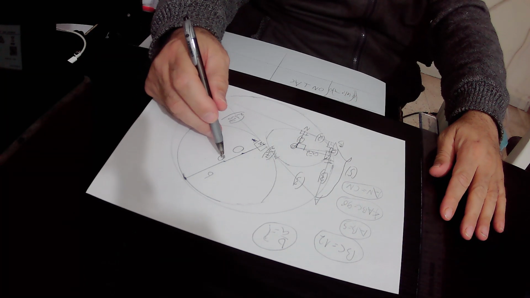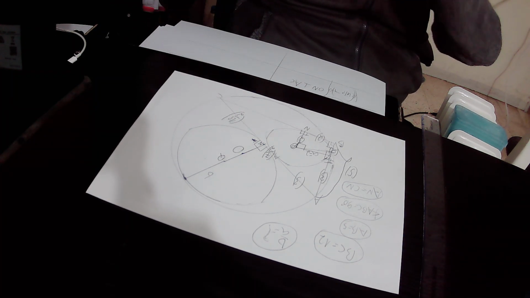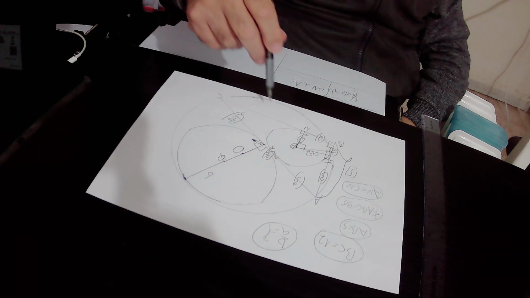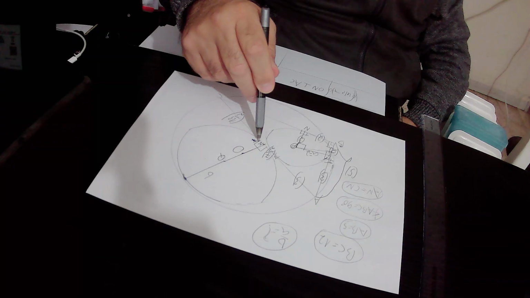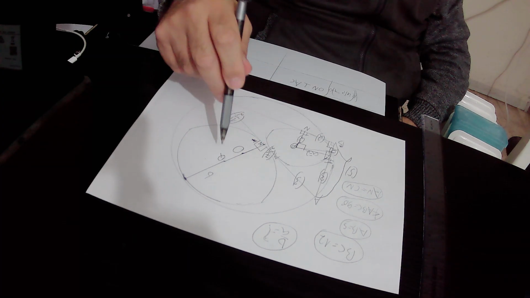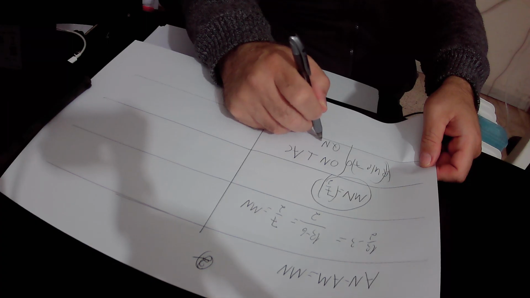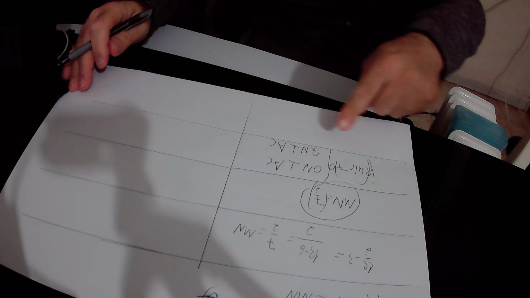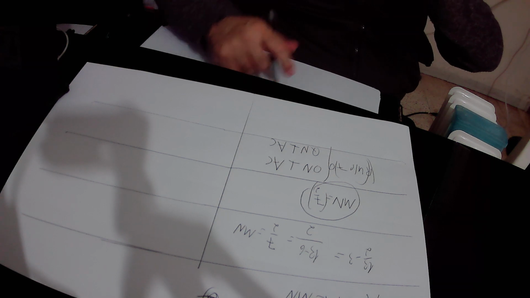The radius QN is drawn to point N, that is the point of tangency of tangent AC with this circle, and whenever you have a radius that is drawn to the point of tangency, then tangent AC will be perpendicular to the radius NQ. If AC is perpendicular to NQ, it means that this angle equals 90 degrees, and this angle also equals 90 degrees. So we found out that the radius QN is also perpendicular to tangent AC. We can write here that the radius QN is also perpendicular to tangent AC. And from the fact that ON is perpendicular to AC and QN is also perpendicular to AC, we will derive that